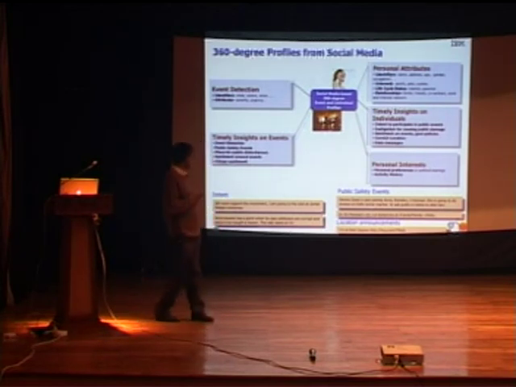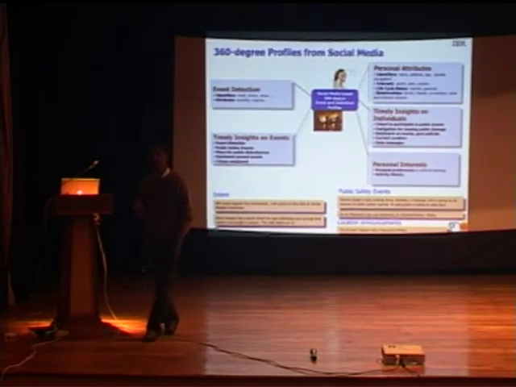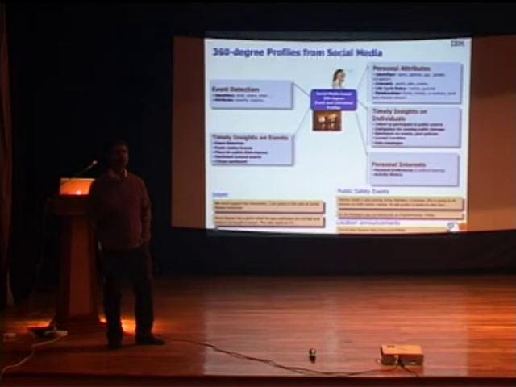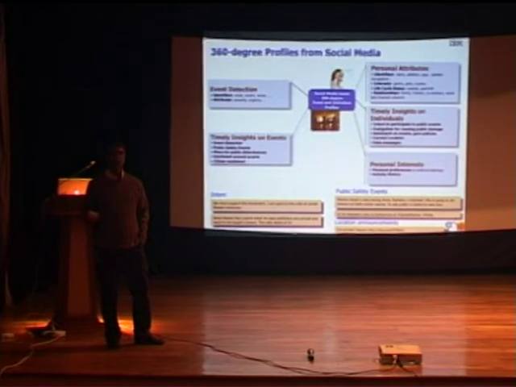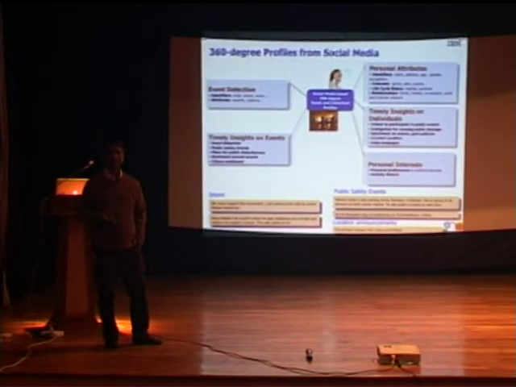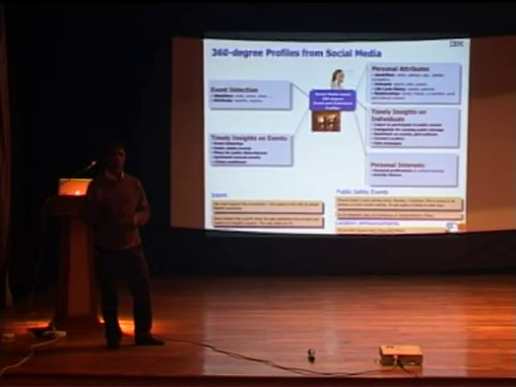So some of the things that people have already started to do is to build these 360 profiles of people, as I said, which is to understand customers, which is to understand the electorate, which is to understand the demographics of the country. It's to understand what problems people in Kolkata are facing, what people in ISI are facing. A lot of city governments today are actually monitoring social media to do this. And in fact, even several of the police departments in India. So, for example, I live in Gurgaon, and the Gurgaon police has a Facebook page where they respond as soon as you write something. They are very quick to respond, and they want to maintain that positive image, and they know that most people are afraid to go to the police and say things, but they are still willing to say the same things on social media. So they want to understand what are the problems people